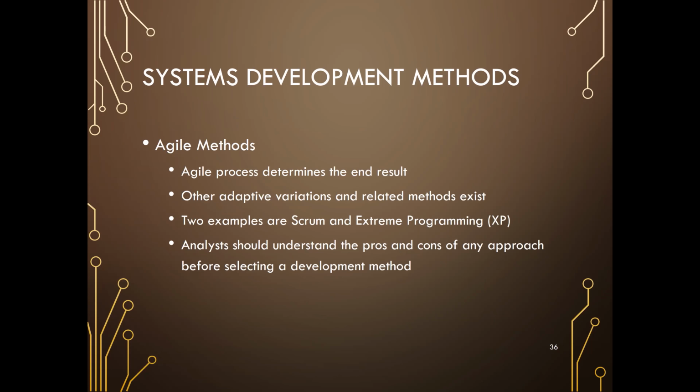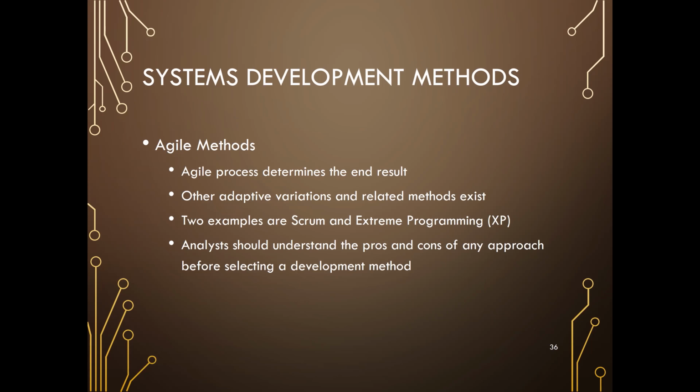The agile process will determine the end result, and then there will be the next cycle and the next cycle, more and more, until you get the final output. Other adaptive variations and related methods exist. There are 2 examples of the agile methods: Scrum and extreme programming. For agile methods,